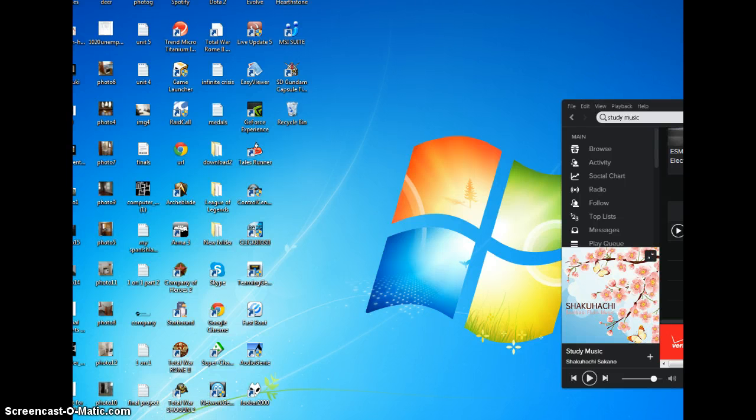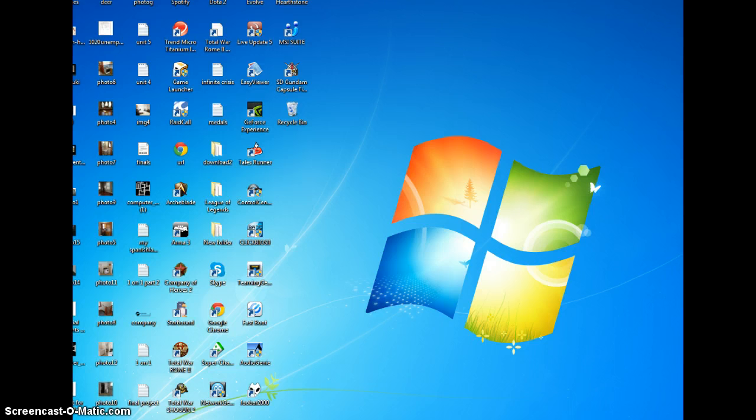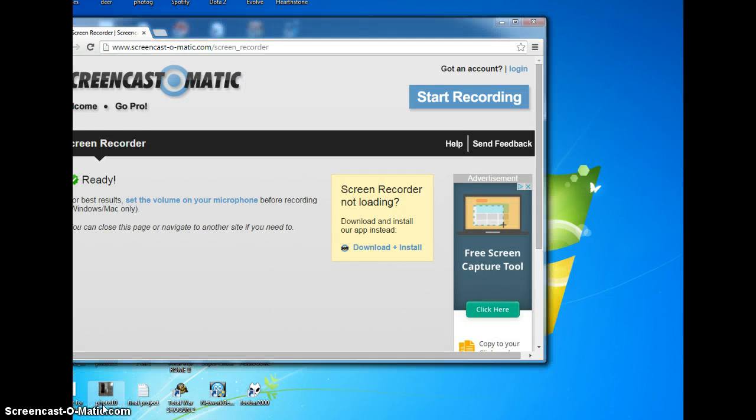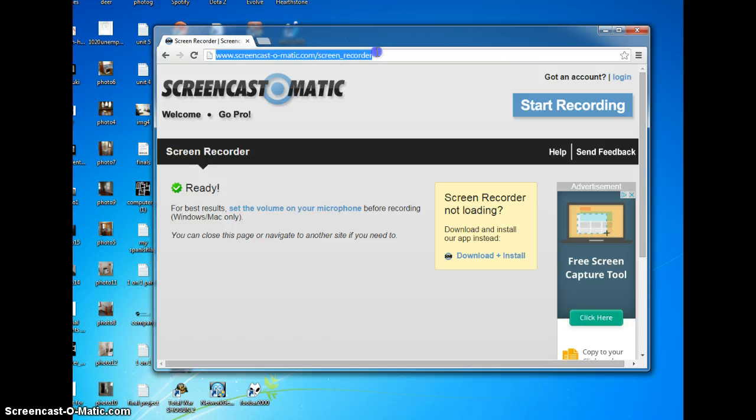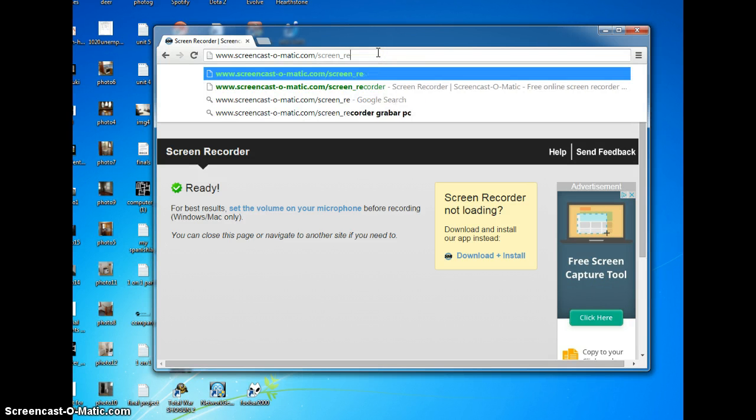And you may be wondering how I'm going to do this, but I can tell you it's quite easy. The particular program that I use to make tutorials is called Screencast-O-Matic. So how Screencast-O-Matic works is that you come to Screencast-O-Matic and